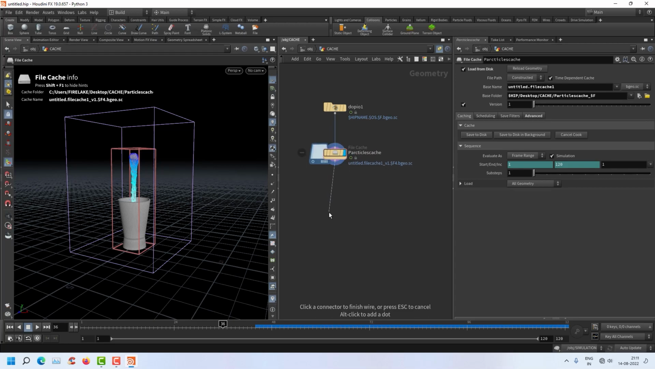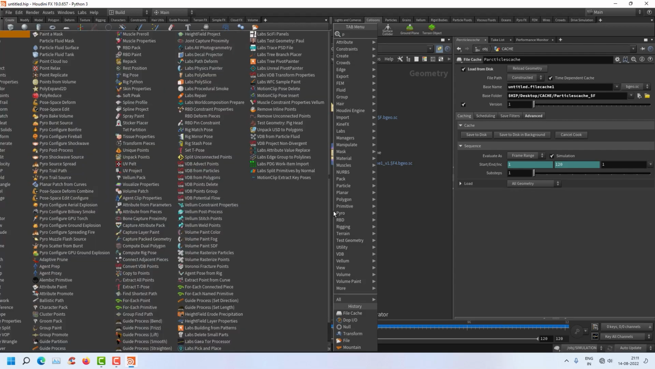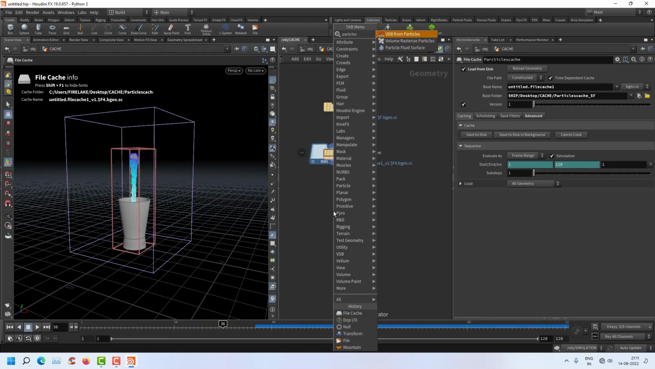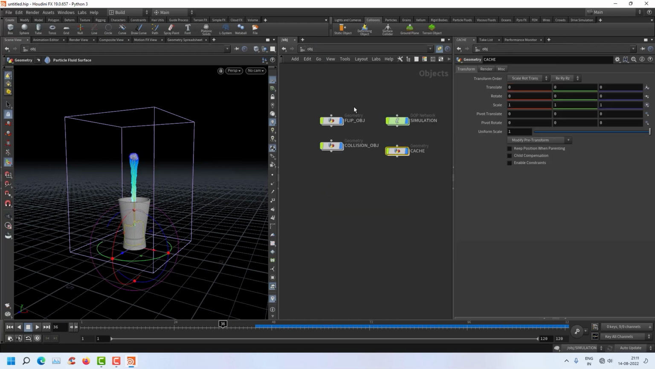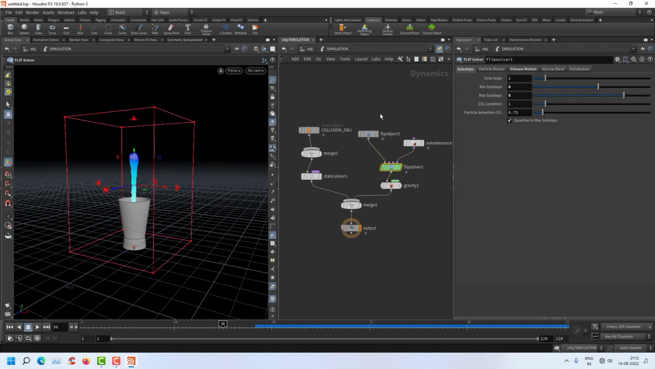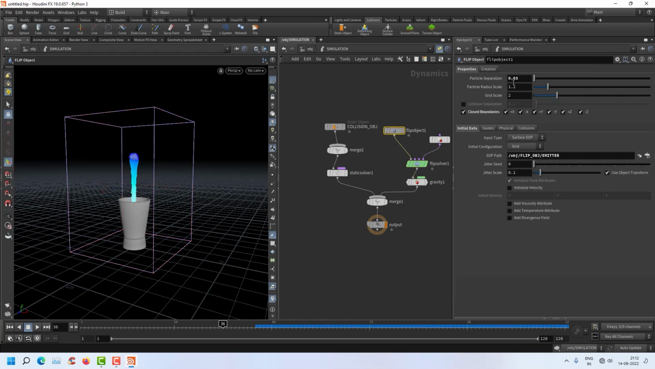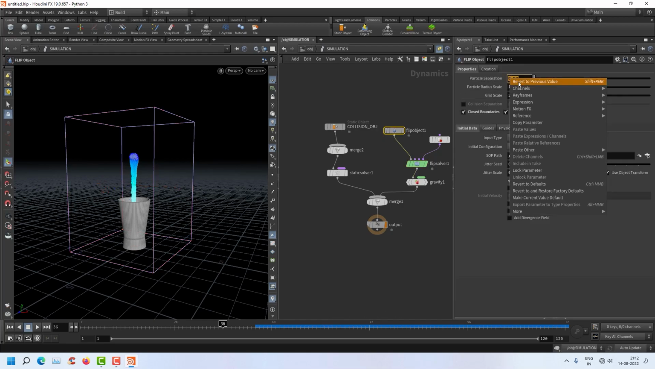And connect a particle fluid surface node, and disconnect this .io. In particle fluid surface, I will change my particle separation. It will be the same as in our simulation flip object, 0.03, so I will copy the parameter,